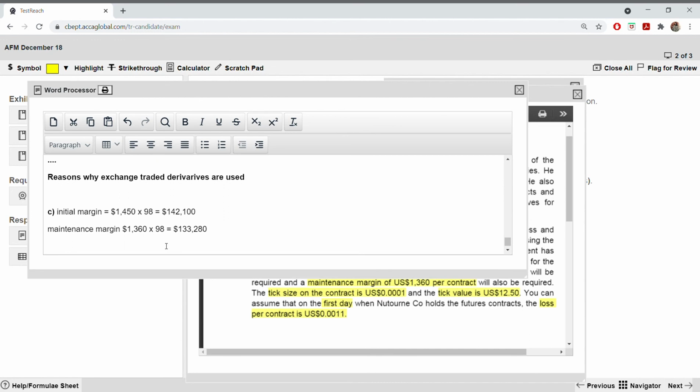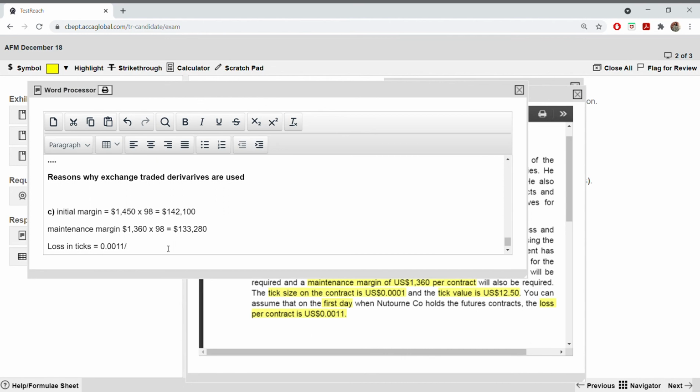Next, loss. Remember, on the first day they told you that you are making a loss. When you calculate, they give you the loss per contract. First, you have to find the loss in ticks. How are you going to find the loss in ticks? What was the loss they gave you? 0.0011. So write it: 0.0011.